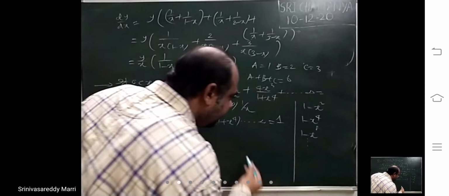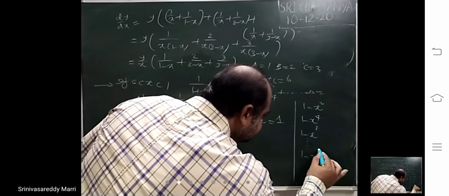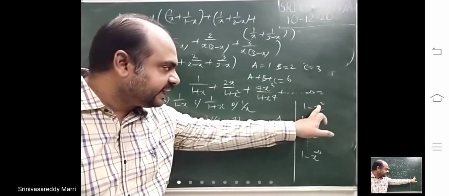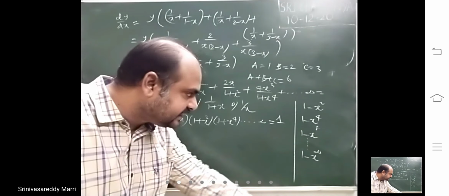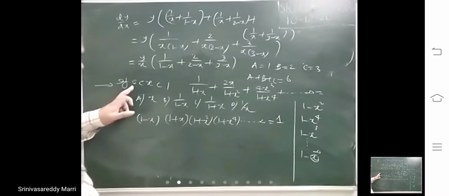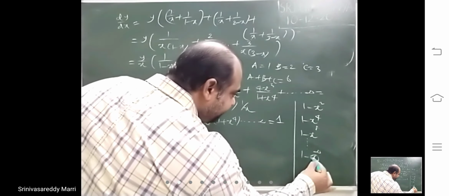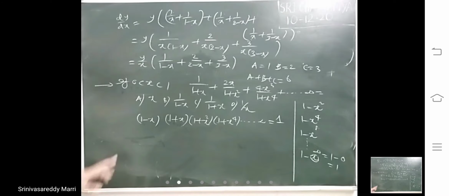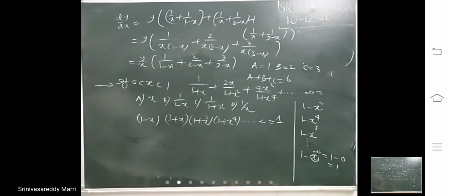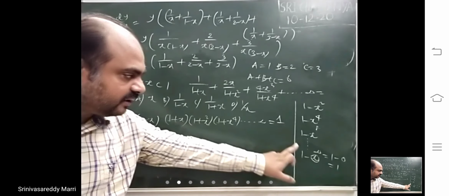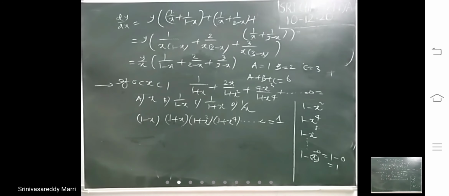Like that, if you go on till infinity, 1 minus x to the power infinity you will get. This product, if you go on like that, look at x square, x power 4. If you go on like that, 1 minus x power infinity you will get. X is what? Between 0 and 1. So any number between 0 to 1 to the power infinity is what? That is 0. That will become 1. That means this product is what? 1. Infinite series product is 1 because this x to the power infinity will tend to 0 limit. So therefore this is 1.